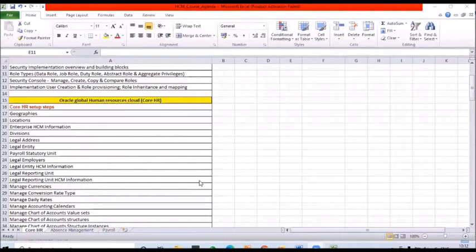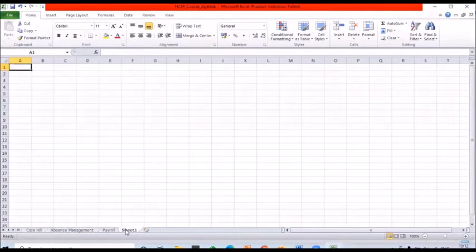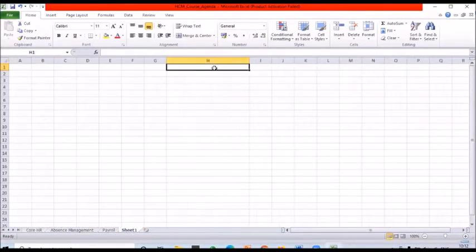What is the difference between job role and abstract role? Because for implementation manager and consultant it is showing job role, and for functional setup user it is showing abstract role. We did not discuss those points clearly now. Maybe refer to it. We have the job role. It's not an implementation user, it's not a manager, it's not an employee. It's not like that. So basically, we have the job role, and we have the abstract role. Abstract is also one of the roles.